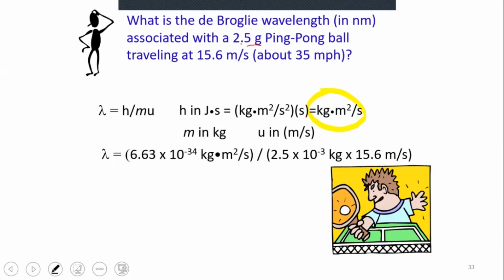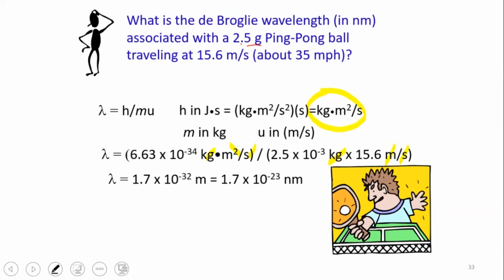So 6.63 times 10 to the minus 34 kilograms times meters squared per second, divided by the mass, which is 2.5 times 10 to the negative 3 kilograms, times 15.6 meters per second. So the per seconds should cancel out, the meters should cancel out with the square meters here, and the kilograms should cancel out with the kilograms there. So you should be left with units of meters. I'm just going to go ahead and plug in the number. I'm not going to waste time doing the math. So what we have here is 1.7 times 10 to the negative 32 meters, which is 1.7 times 10 to